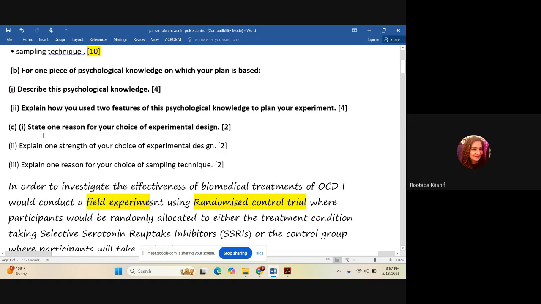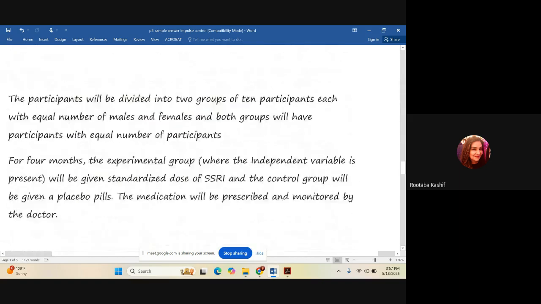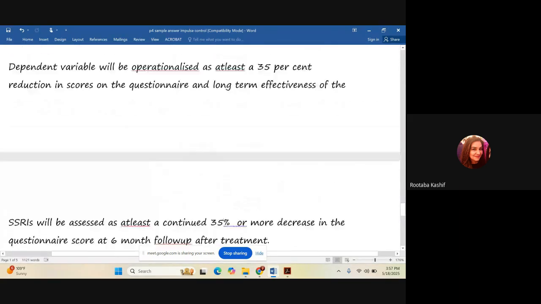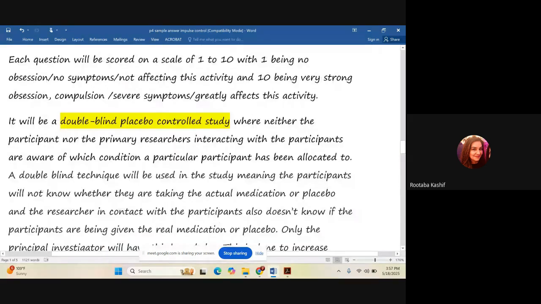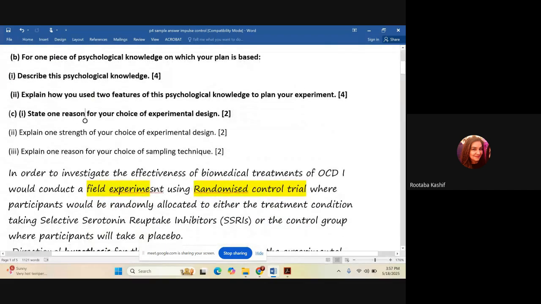The second question is just explain one strength of your choice of experimental design. So for example, if you've used independent measures design, what is one strength of using an independent measures design? So basically when we are talking about the strengths of independent measures design, you could write that